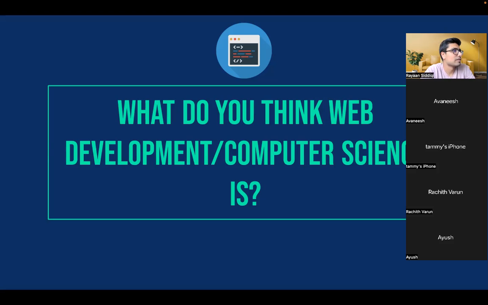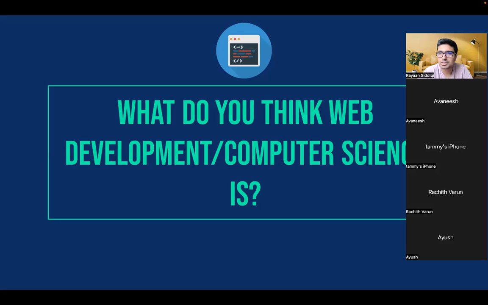So love that. Avani saying knowing how a PC works, definitely. That's more like the hardware aspect of computer science. We're going to be more focused on the software aspect, but definitely hardware is a big part, and PC building, the specs and all that, that's definitely related. Ayush saying, I think computer science is a way to develop a platform online that can perform a certain task for the population of people on this planet. Woo!